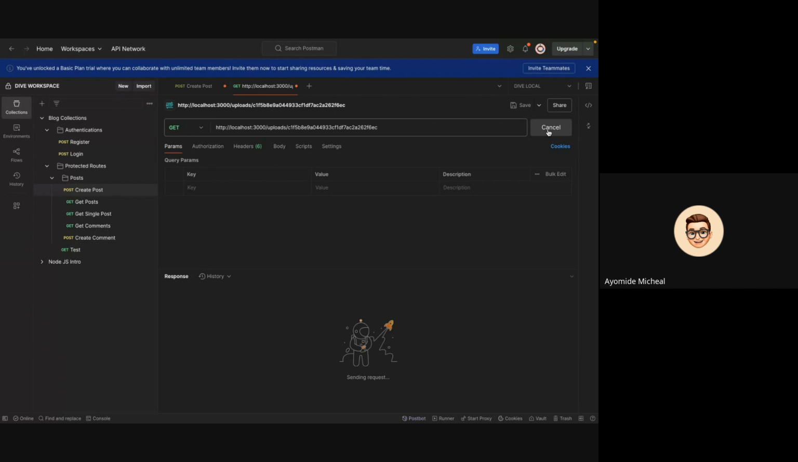Paste. We are getting something very, very funny. We are getting an API response, and we are supposed to get a file. So what we are going to do, don't forget,